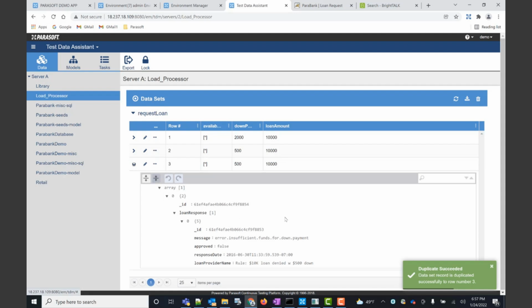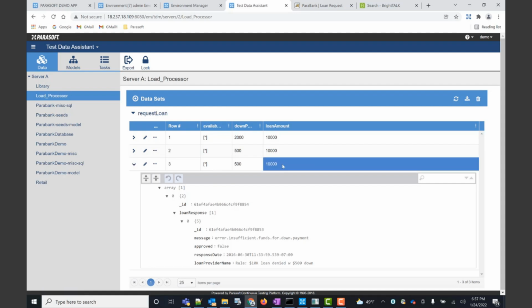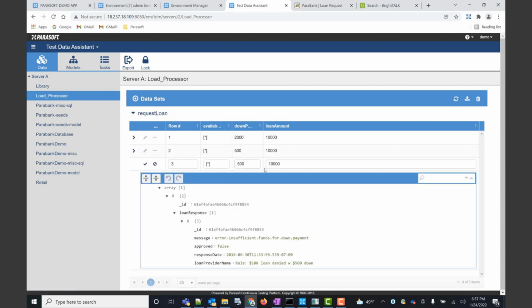So we see here's the data for this particular row. And this is the piece that I wanted to share with you. I can actually edit it here, and then these become editable fields.